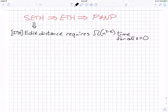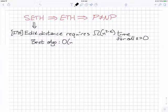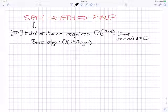So here I'm defining edit distance to be, I'm given two strings of length n, and I want to know the number of insertions, deletions, and replacements required to transform the first string into the second. We saw a dynamic programming algorithm dating back to Wagner and Fisher in the late 60s to solve that problem in n squared time. There are some optimizations that we can do, right? So for the best algorithm for edit distance, you can actually shave off a little bit from the n squared running time